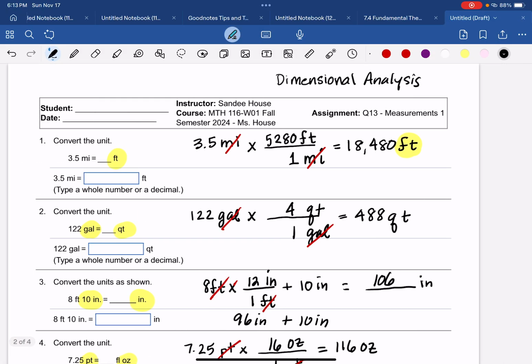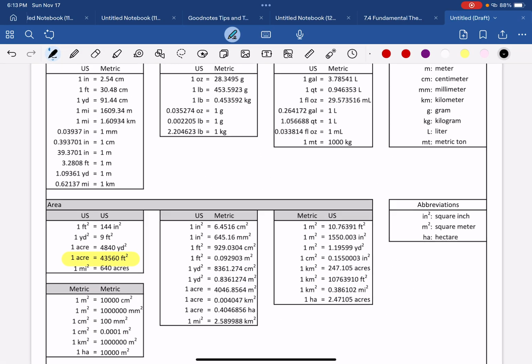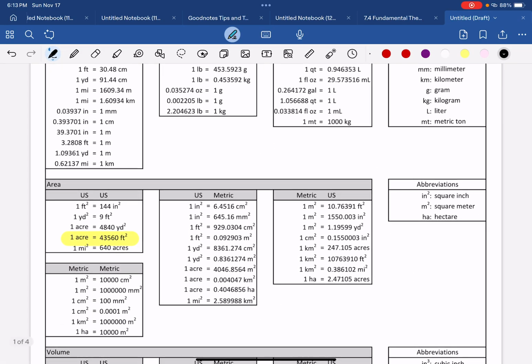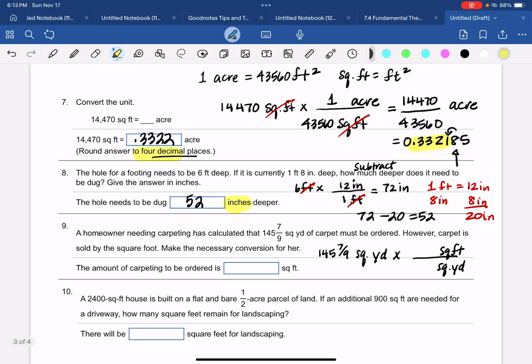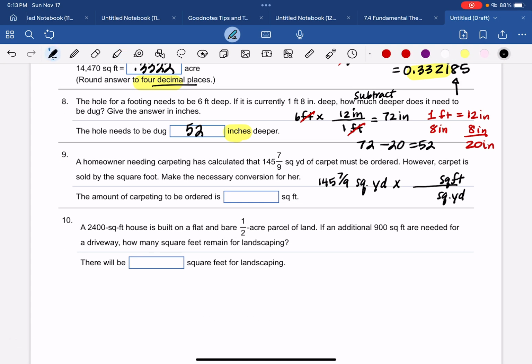So we look at our conversion factors, and let's see, a square yard is 9 square feet. So we go over here and we say 1 square yard is 9 square feet. So we have to multiply 145 7/9 times 9. Because look, the square yards are going to cancel out. And so we end up with 145